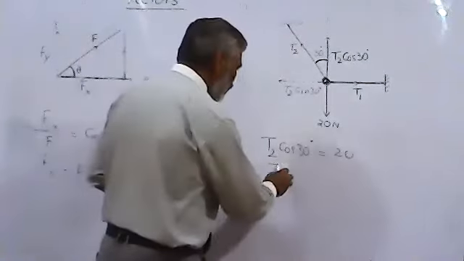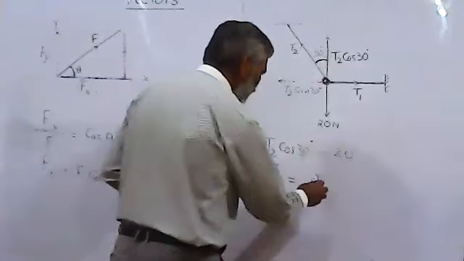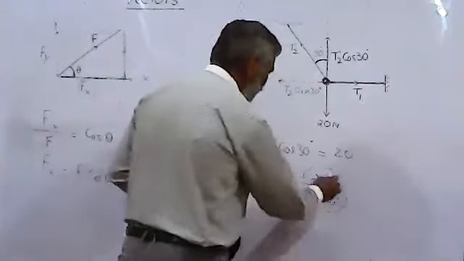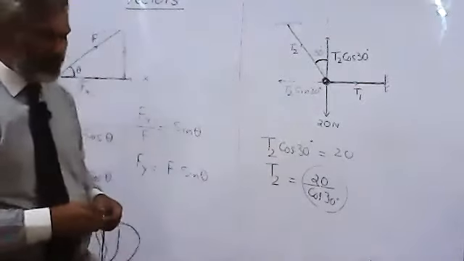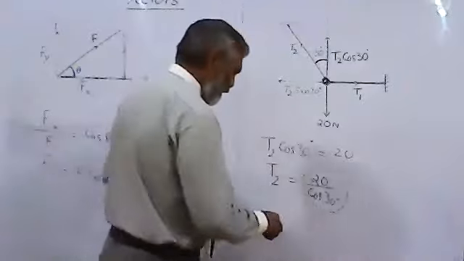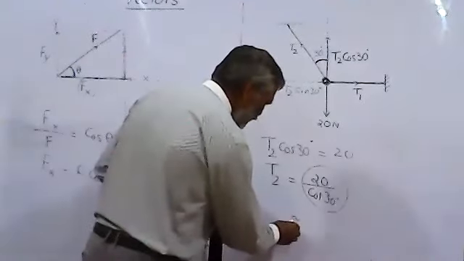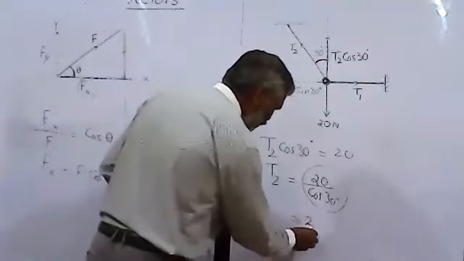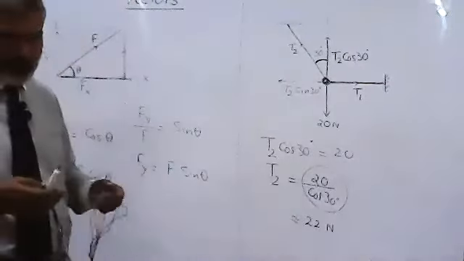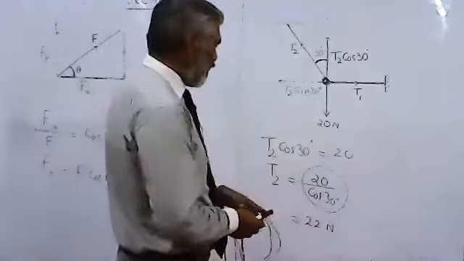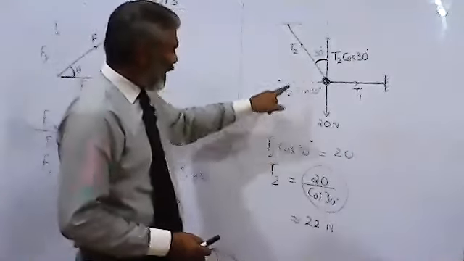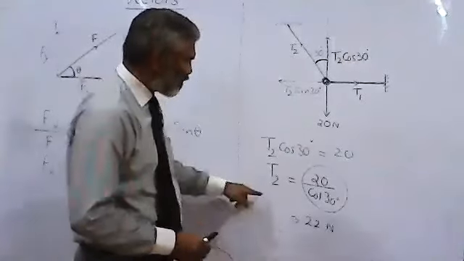That means T2 could be readily found, and that is 20 divided by cos of 30. And this can be worked out using a calculator quickly. This will be probably 0.8 something. So let me assume that this is close to 22 Newton. Maybe 23 if you check from the calculator. The idea is that I have the value of T2 now. And now if I use the value of T2